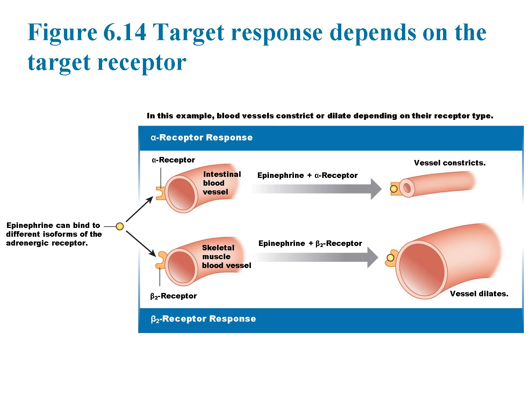This is part of the body's fight or flight response, where blood flow is diverted away from the intestines to prioritize other organs like muscles and the brain. In contrast, when epinephrine binds to a beta-2 receptor on a skeletal muscle blood vessel, the vessel dilates. This increases blood flow to the muscles, providing them with oxygen and nutrients to support increased physical activity during a